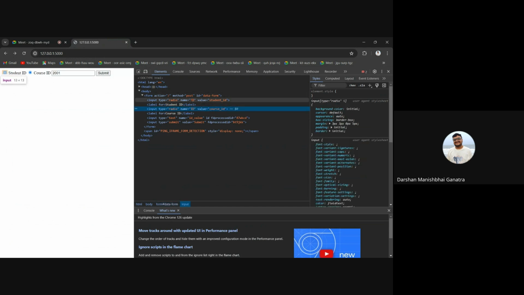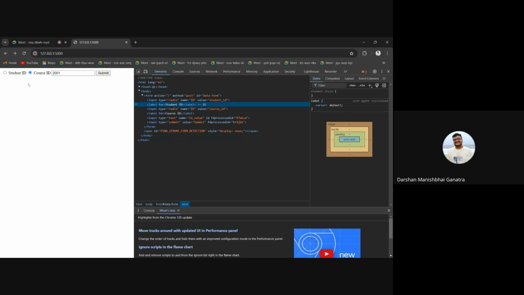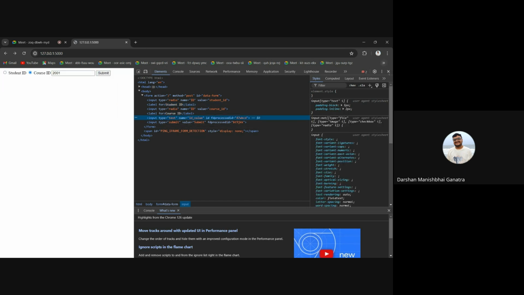Okay, so name will be same ID. Based on the option I select, it will be that student ID or course ID. So you will check the value of the radio button. The value of the radio button is what? Student ID or course ID. And the text you will give some name also. How do you extract if you don't know the name, right? So that is also there. Okay, so two things are there,